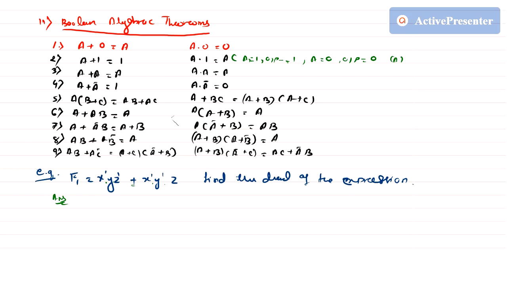So I can write here x', here it is AND, so it will be the OR operator, x' plus y', so it is one term. Then this OR operator to your AND operator means you take a multiply here, again x' plus y' plus z. So this is the final answer. So you will get a 2 mark question like this to find the dual.